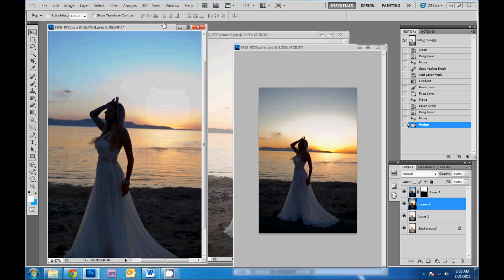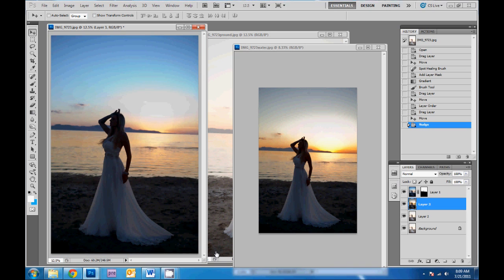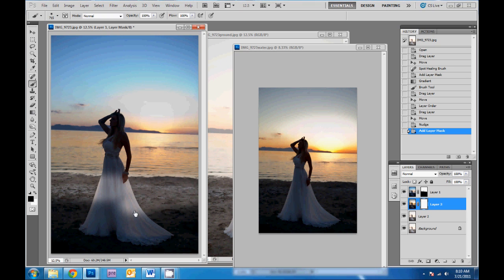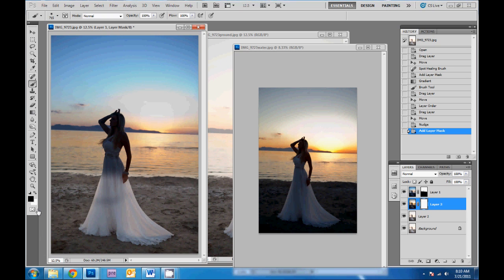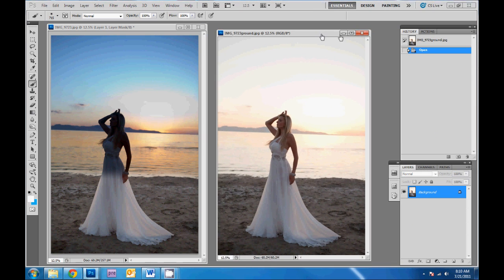So now that we have our 4 layers on the image, we're going to mask out the parts of the layers that we don't want to see. So we'll create a mask on our water layer here, and then I'm going to take a black brush and just use 100% opacity to get rid of the water layer on the ground here. But we also need to take this dark layer off of our subject, and I'll show you another method of